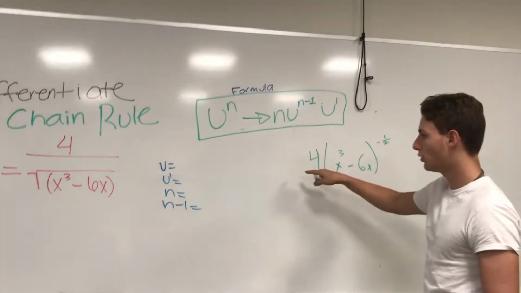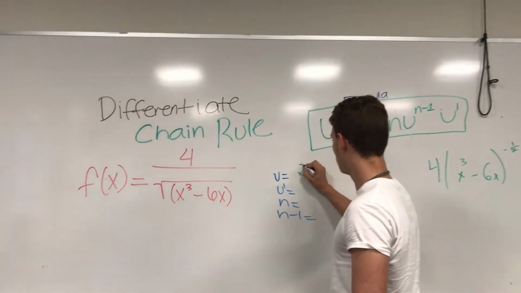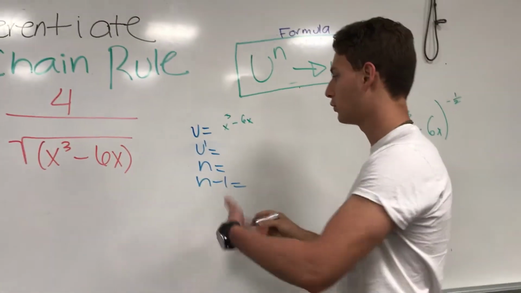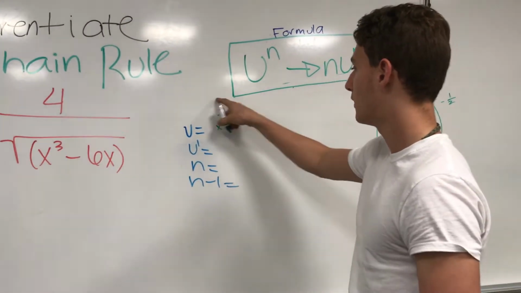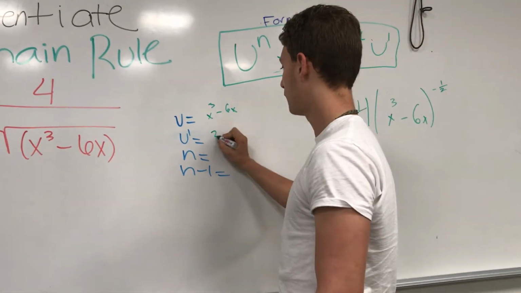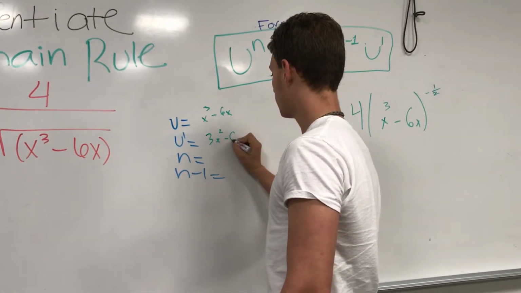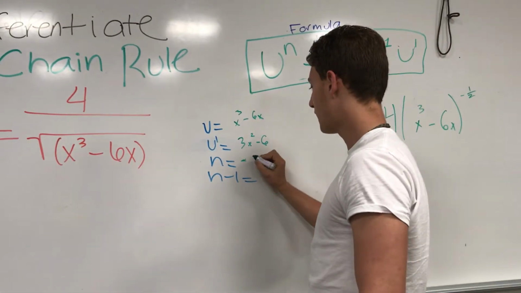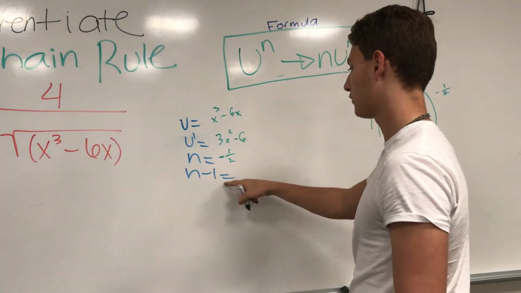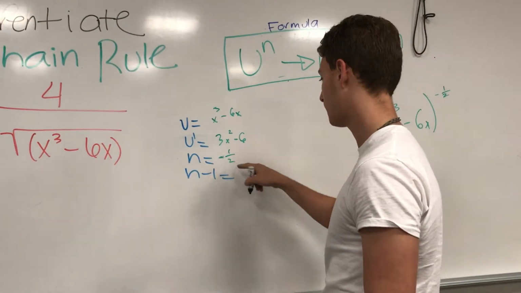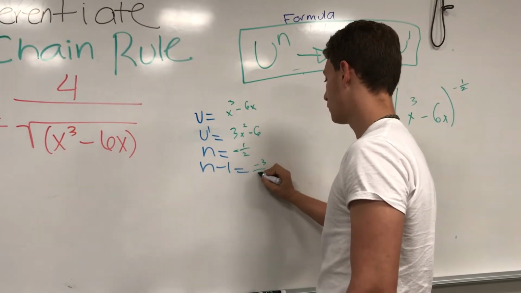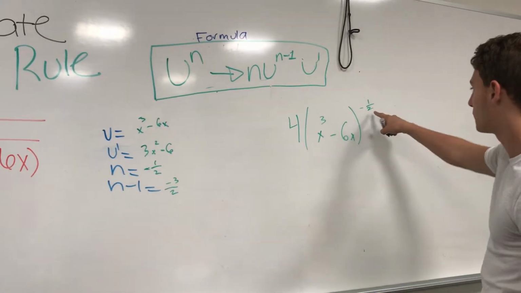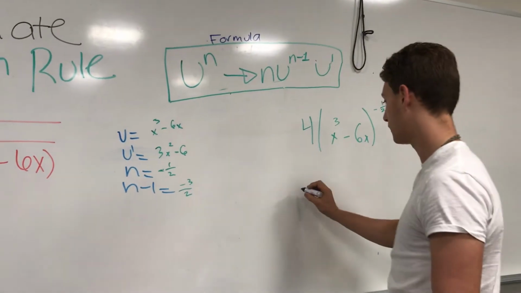So firstly, u will be x cubed minus 6x. U prime will be, when you differentiate this problem, it will become 3x squared minus 6. N will be the exponent, which is minus 1/2. And n minus 1 will be minus 1/2 minus 1, which is minus 3 out of 2. So when you bring that all together, it'll be minus 4 times minus 1/2, which would be minus 2,